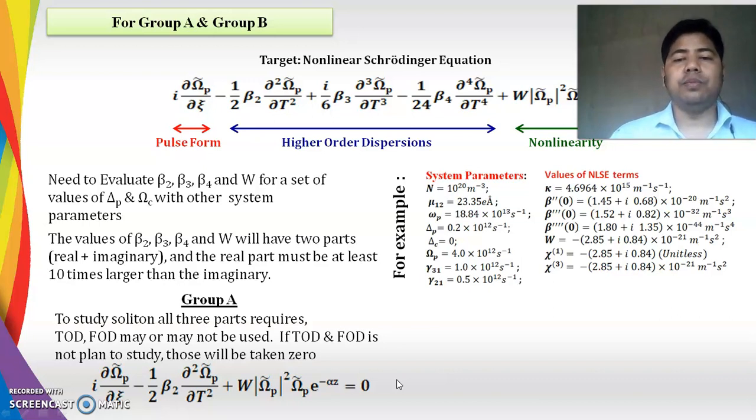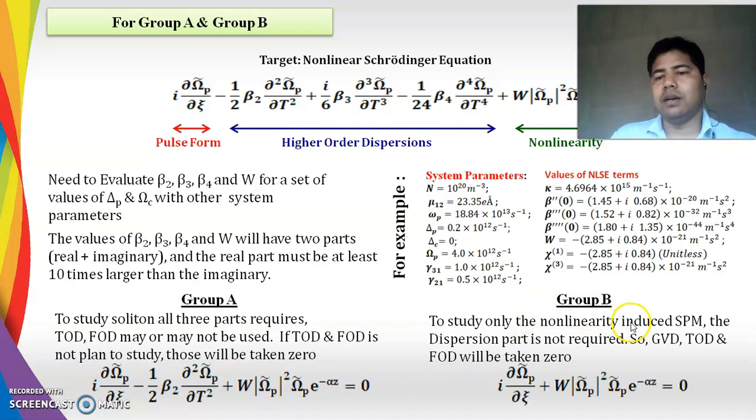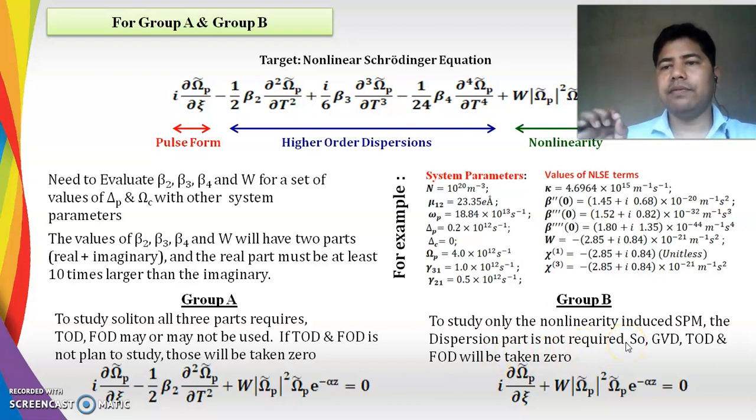What will group B be doing? What is the case for group B? For group B, we study only the nonlinearity induced SPM, meaning self-phase modulation. The dispersion part is not required because the self-phase modulation